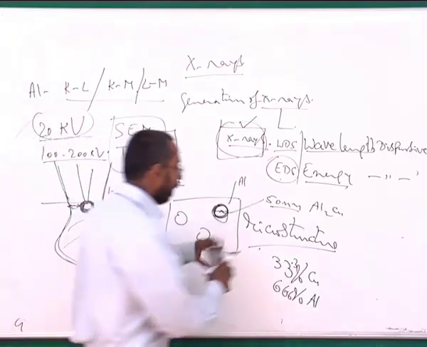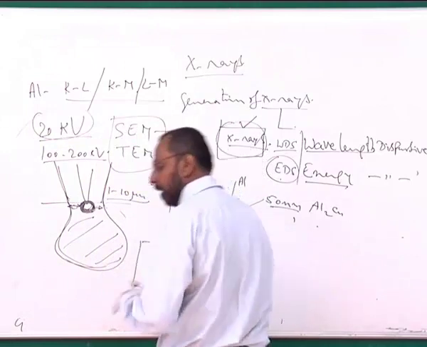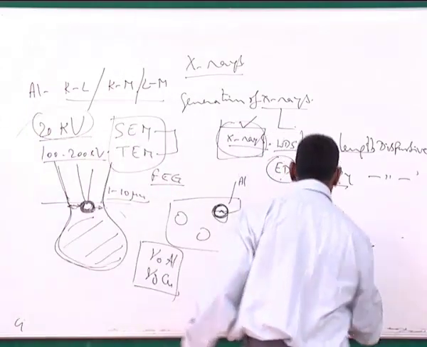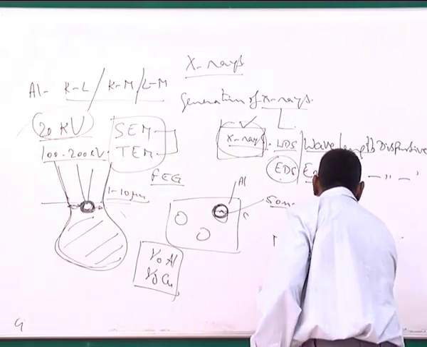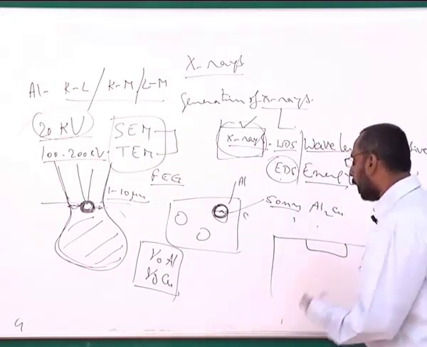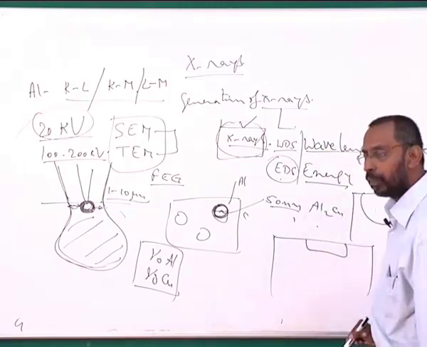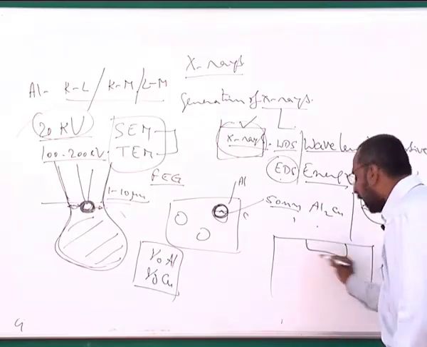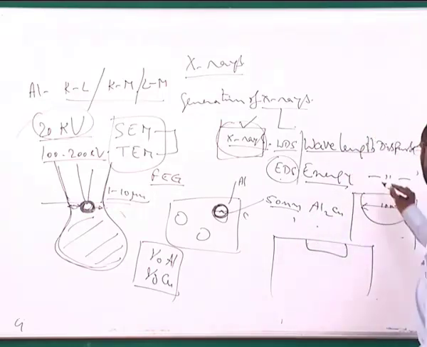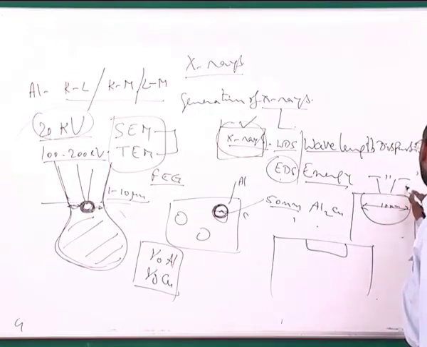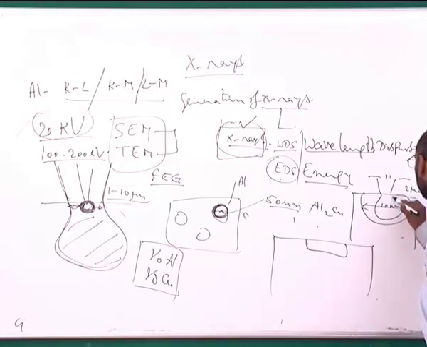Even if your particle is bigger, for example, let's say my particle is 10 microns, it can be a spherical particle, 10 micron size, or a plate-like particle which is 10 micron. Now if my beam that is falling on it is, let's say, 2 micron diameter or so, the question is the interaction volume of the beam. If it is completely covered within this particle, then I will get exactly the composition of this particle.